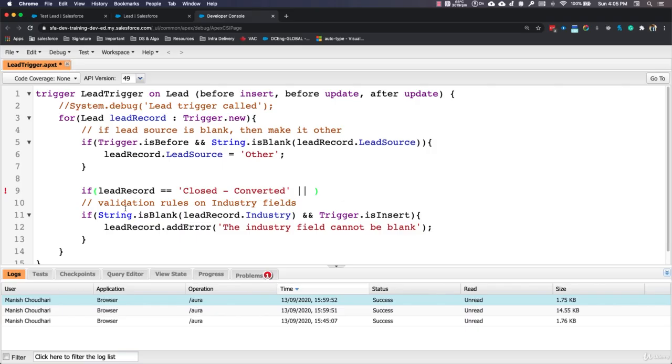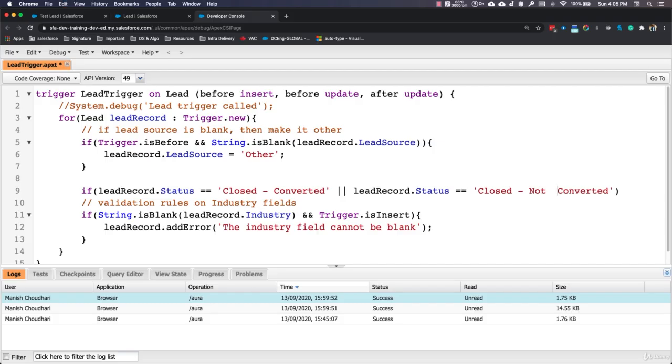And we need to make some change here because we want to match the status field. So it should be status. Let's copy this one more time, paste it here. So yeah, if the new values are closed converted or closed not converted, and so now I'm going to use my AND operator here after these two conditions which are joined by an OR operator, and my end condition would be checking for the